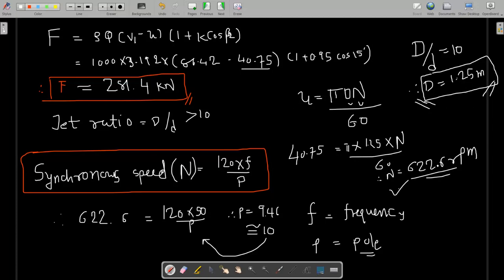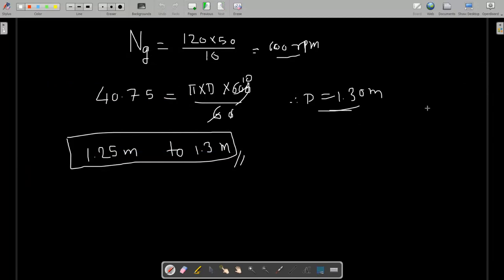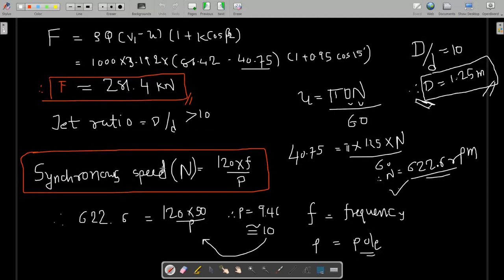But this is the minimum base condition. And what should be the upper limit, and in between, where can we get the maximum efficiency? So this pole and frequency relation will give you the upper limit, so that you will know the lower limit and upper limit, and by using some correlations you will find where the maximum efficiency lies in this region. Clear? So this is the new concept of synchronous speed.